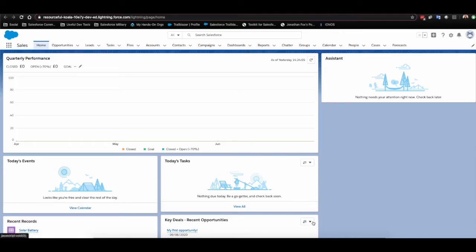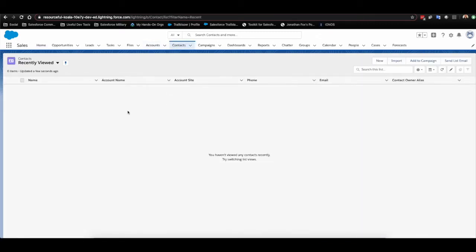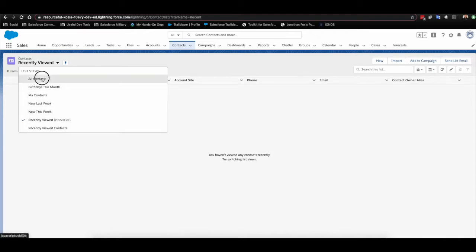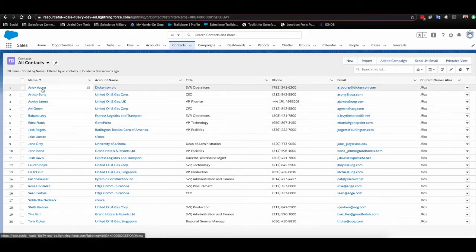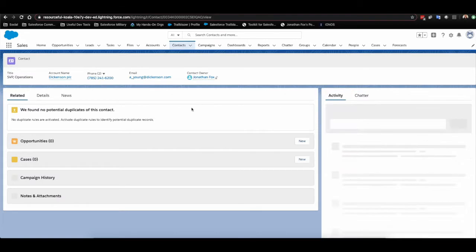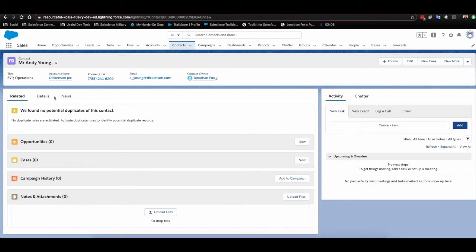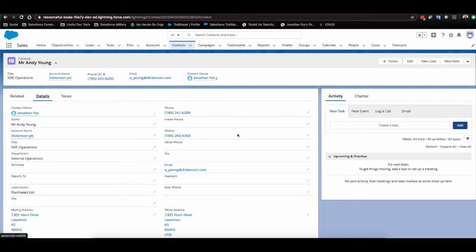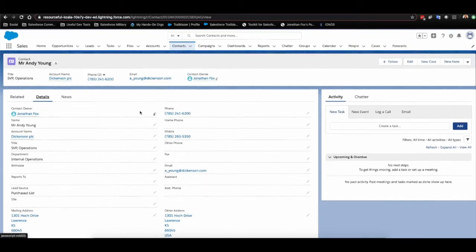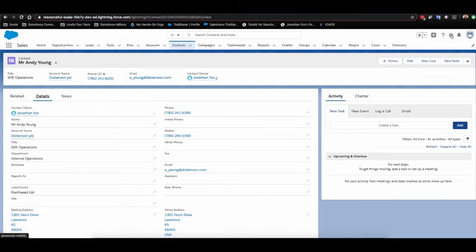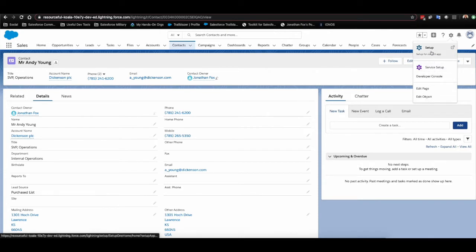Salesforce and Trailhead tutorial with myself, Jonathan Fox, and today what we're going to look at doing is creating a really basic flow. So what we're going to aim to achieve is create a flow which will produce a contact record, and we're going to place it behind a button, and we're only going to capture bare bones of the details,